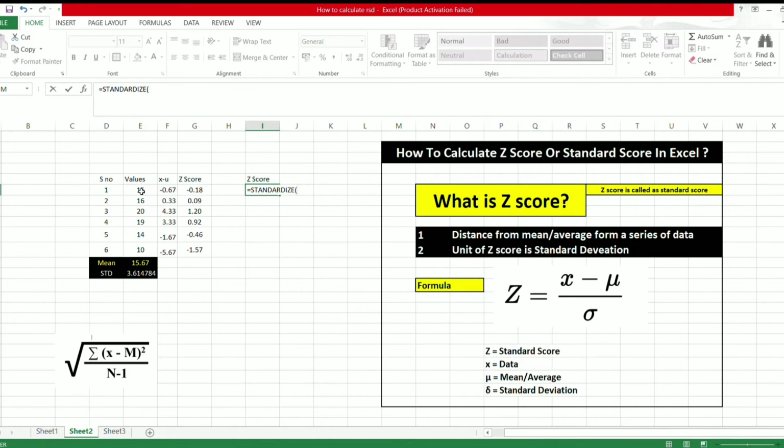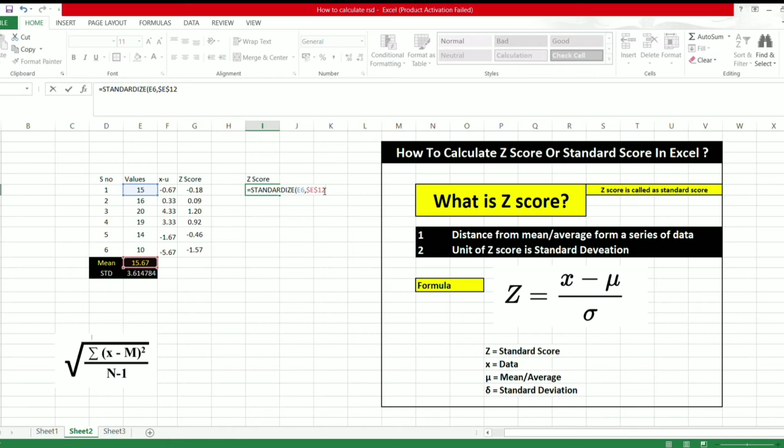Select the values directly. Then next it is asking for the mean. Give a comma and select the mean cell and freeze the value by starting with the dollar. As I am putting it, you have to follow the same way.